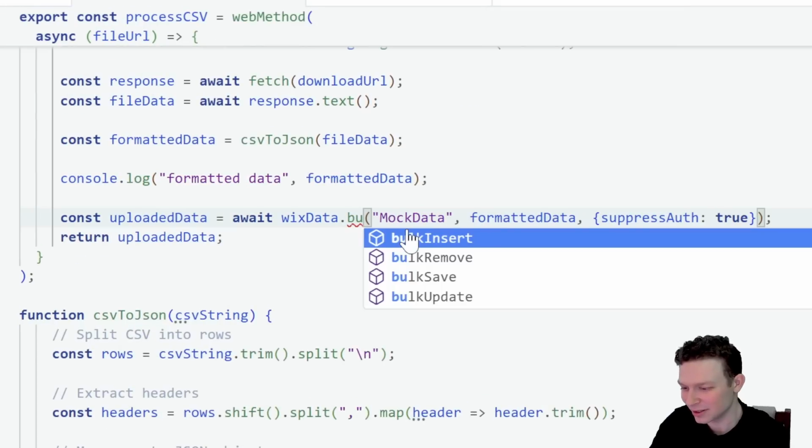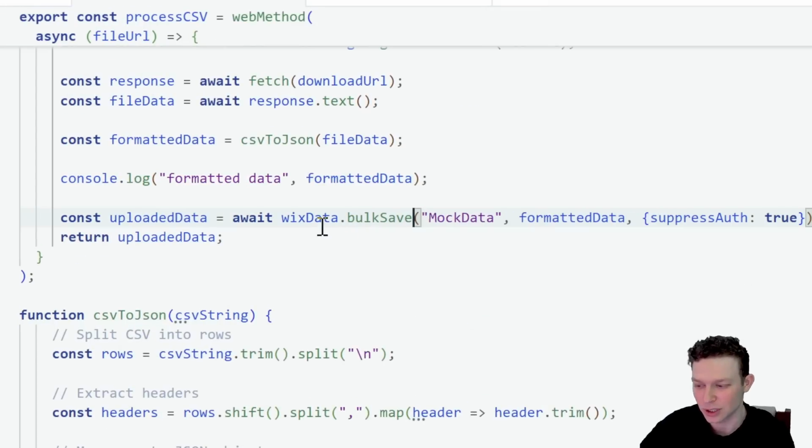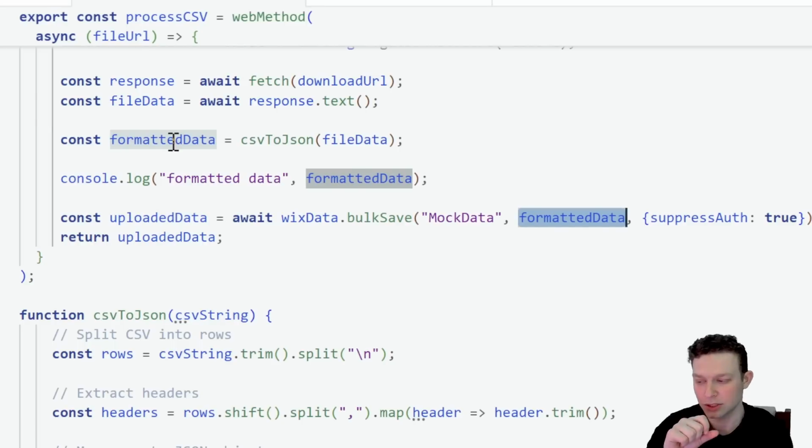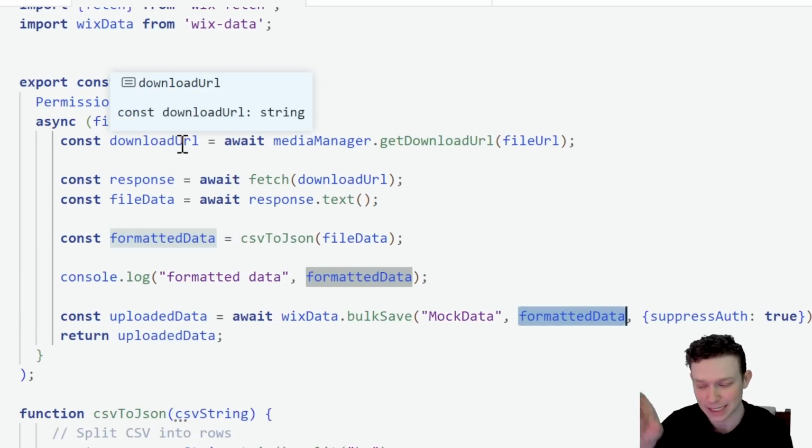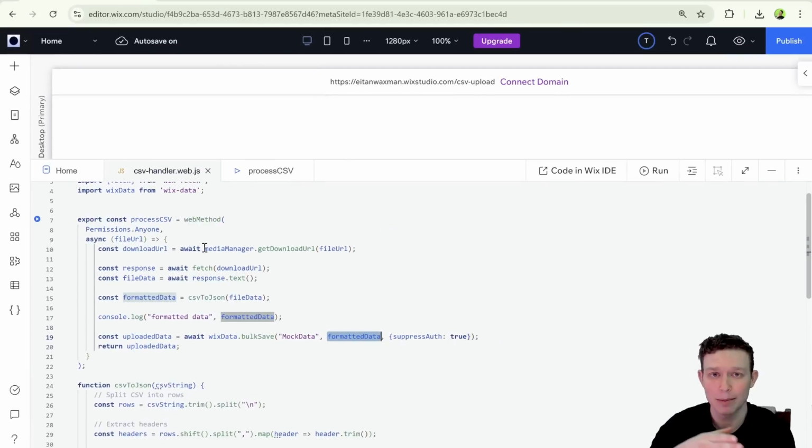Let's see, bulk save. Okay, so if you do bulk save and your CSV includes the Wix IDs, that would typically happen if you downloaded the CSV originally from the Wix collection and you have those IDs in there,